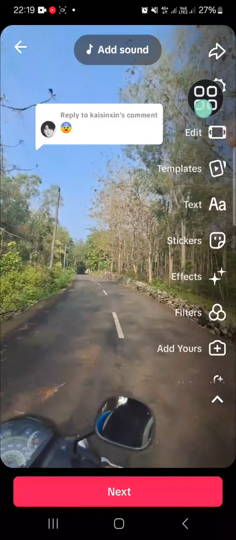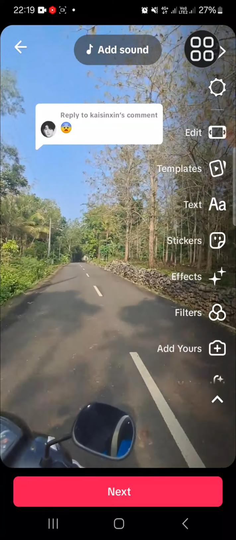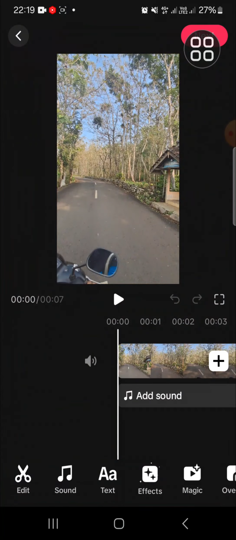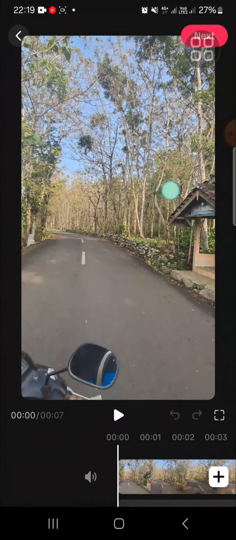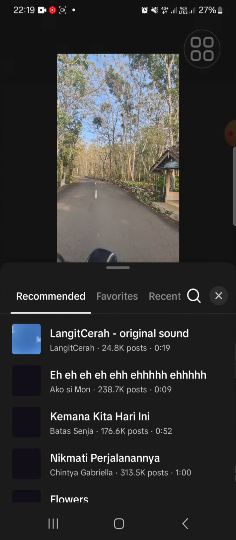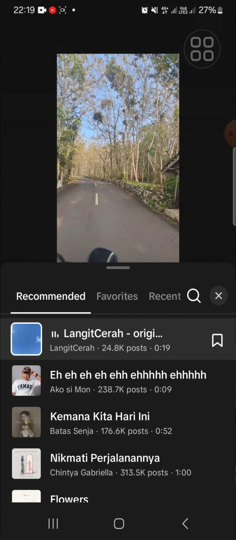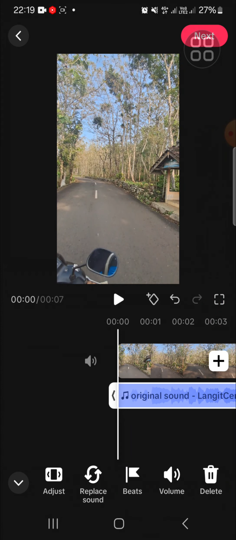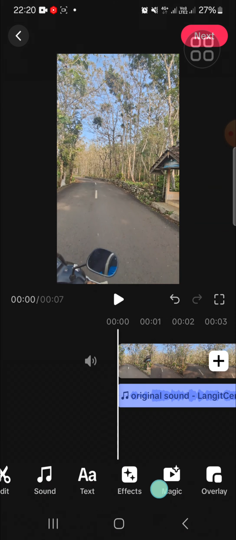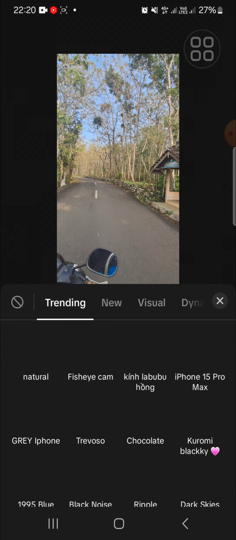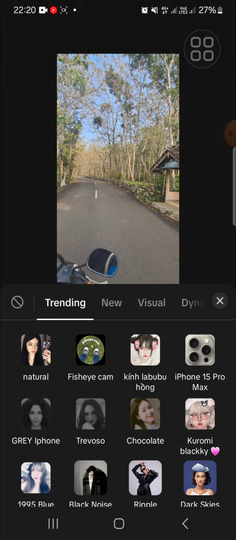If you want to edit the video, you can go to the edit section right here. Okay, then here you will be able to add sound and then add a sticker, text, or it's up to you. You can edit the video according to your needs. You can also add an effect to your video. I'm just going to add